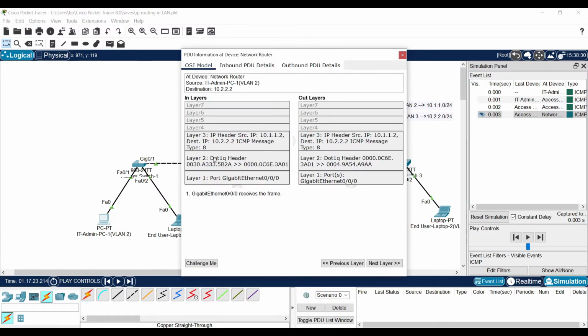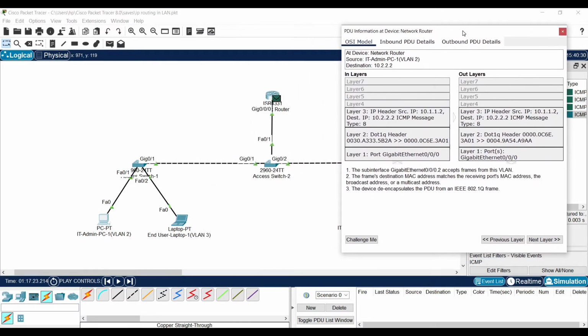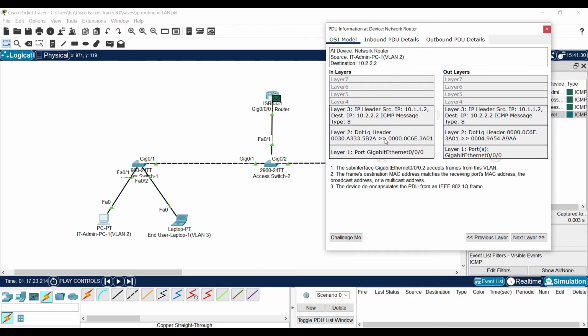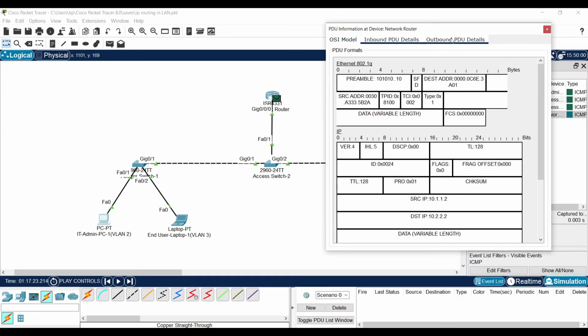When I open this, it is coming with the dot1Q header as it is coming via the trunk link. The router knows which VLAN it belongs to. There is a VLAN ID.